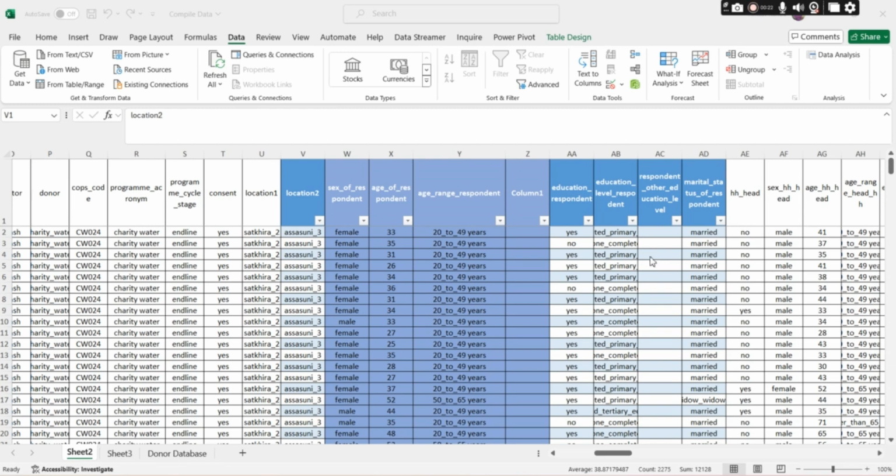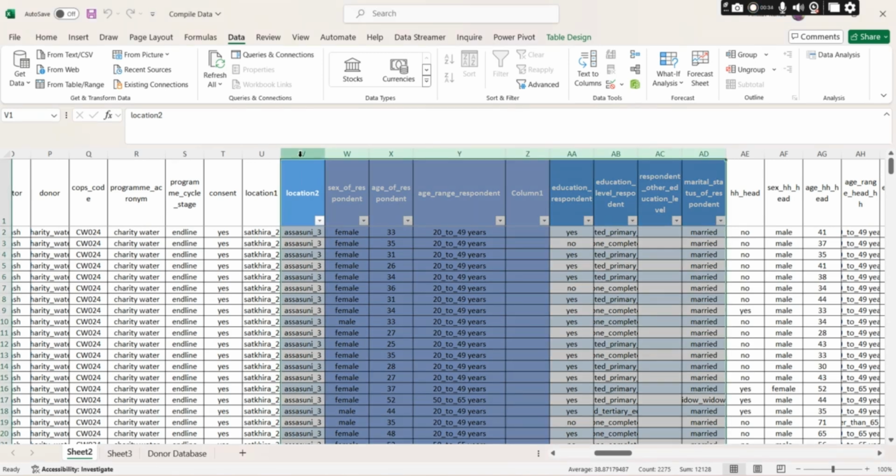To analyze in Power Query, I am taking some columns to show how Power Query works. First of all, I'm taking some basic information like location, sex of the respondent, age, educational status and marital status.